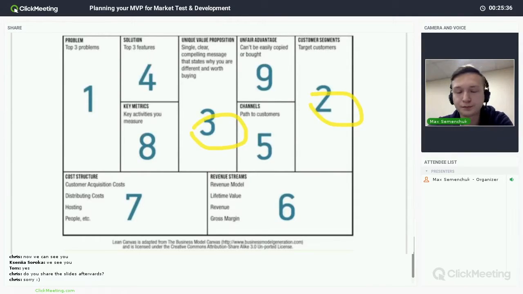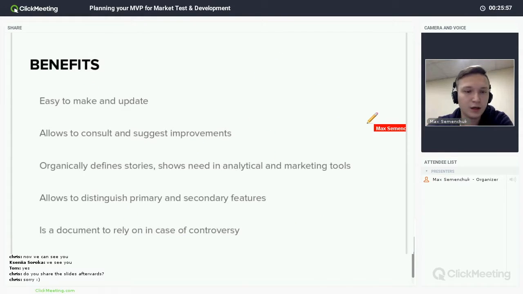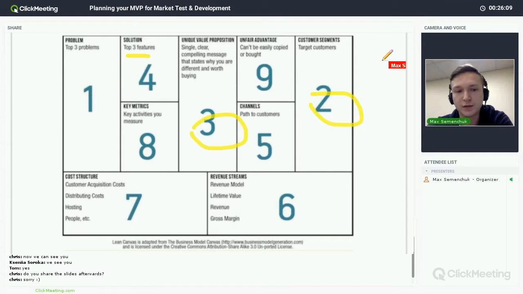Also, it makes you really think about the core stuff. So, for example, if it's features, think about the top 3 features. What's really essential? If you have 10 revenue streams, think about the core revenue stream. You don't want to plan for many modules from the start. And finally, you won't forget something.